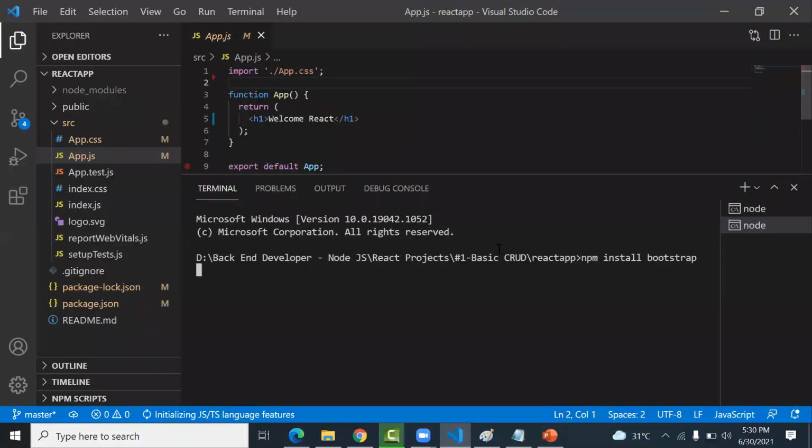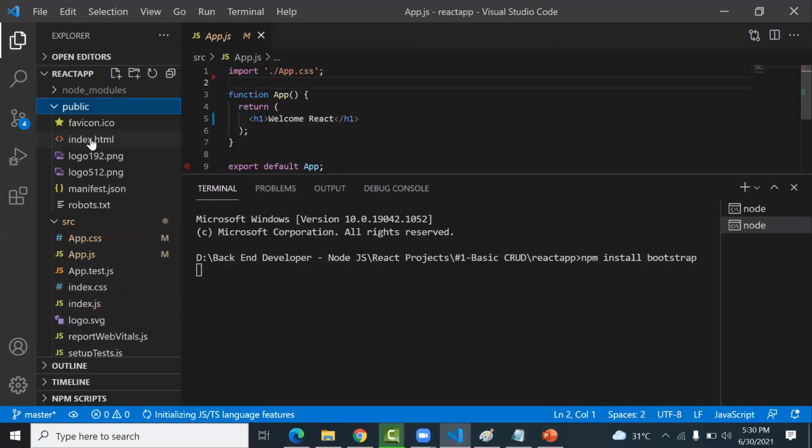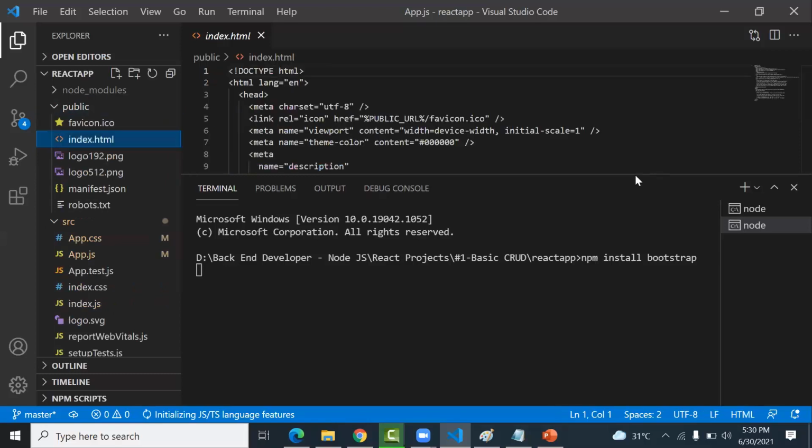Okay, so this has now started installation, and after this in the public HTML file index.html, I'm going to add